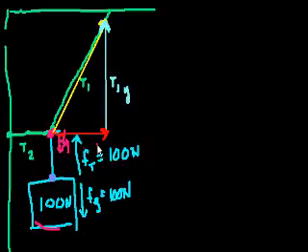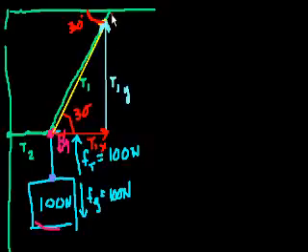And so we can now visually see that this is T sub 1 sub x, and that's T sub 1 sub y. Oh, and I forgot to give you an important part of this problem that you needed to know before solving it: the angle that the first wire forms with the ceiling is 30 degrees. If that is 30 degrees, we also know that this is a parallel line to this, right? So this angle right here is also going to be 30 degrees, from what we know about parallel lines and alternate interior angles.